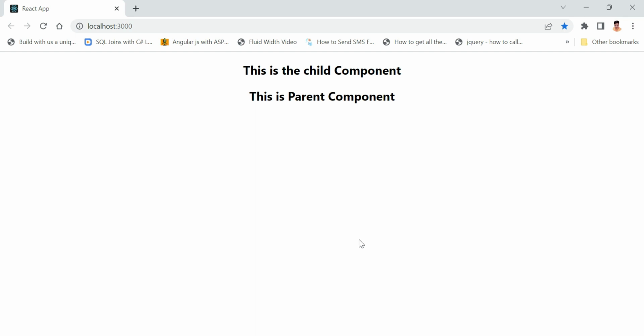Alright, this is how we can use our render props, and React's latest context API uses render props. Also, there are a lot of developers who are increasingly accepting render props, and all I'm saying is you should definitely use it and give it a try. So that's all about render props, and in the next video we will talk about HTTP with React, how we can use